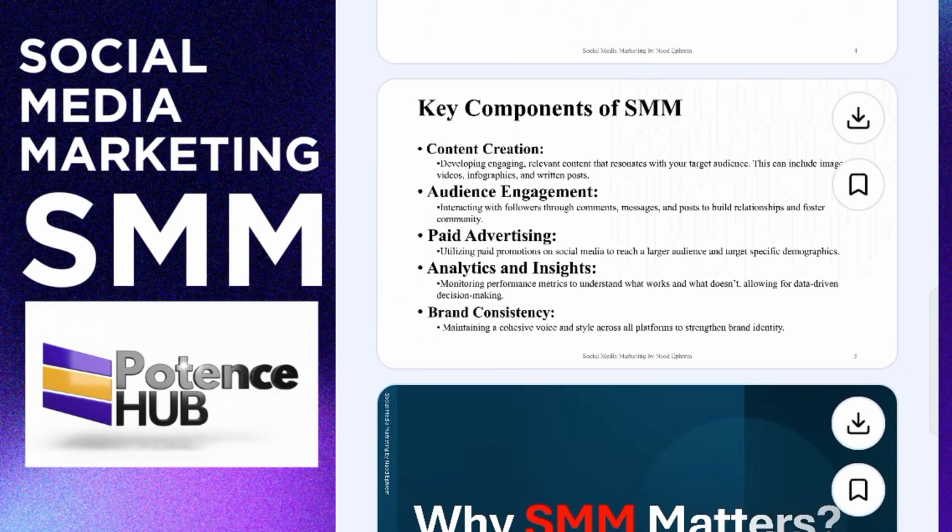Now there are some key components you need to look at when it comes to SMM, and one of them is that you have to look at content creation. Yes, because you're dealing with promotion and services within the online space that has to do with most of these social media platforms. So content creation is one of it. Yes, meaning you have to develop engaging content, relevant content that is associated with a particular niche to be able to get through to that desired demographic, that desired audience by segmentation, so that you end up yielding a result from your content promotion.